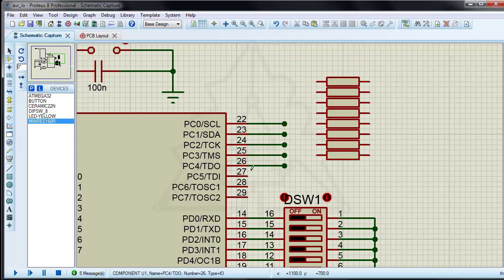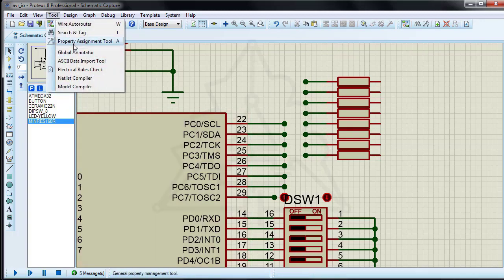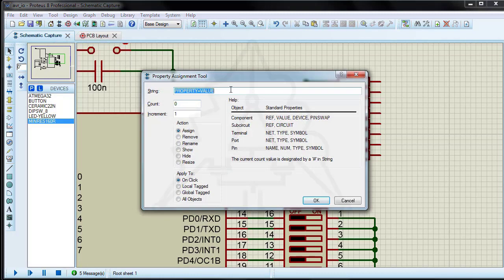We use from labeling to connect port C to the resistors. If you are not familiar with how to use the property assignment tool, watch the video of the property assignment tool.